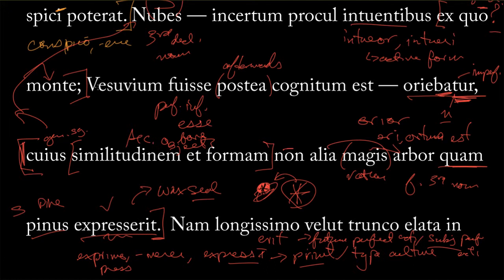So let's go back to the very beginning. A cloud, it was uncertain from far off to those looking from what mountain it was coming, that is. It was recognized afterwards that the mountain was or had been Vesuvius. So this cloud was rising. A cloud whose form, whose shape and form. So this quies is modifying these accusatives. No other tree than the pine